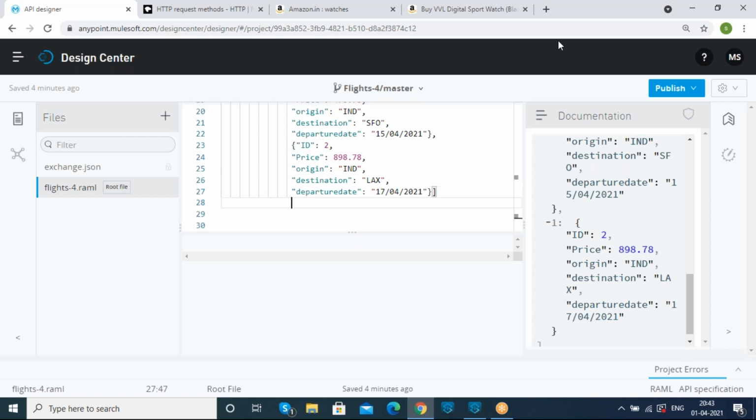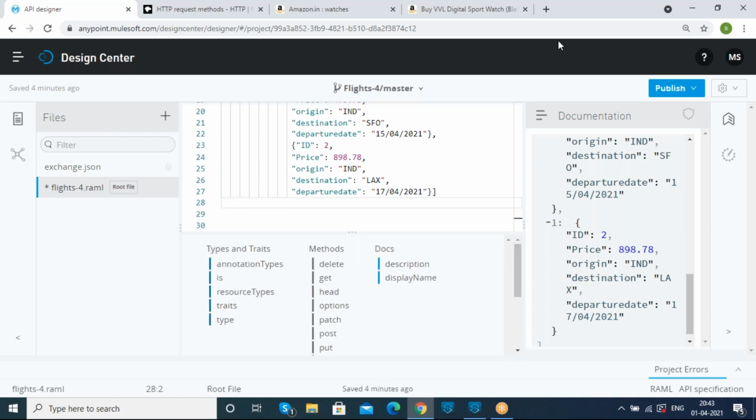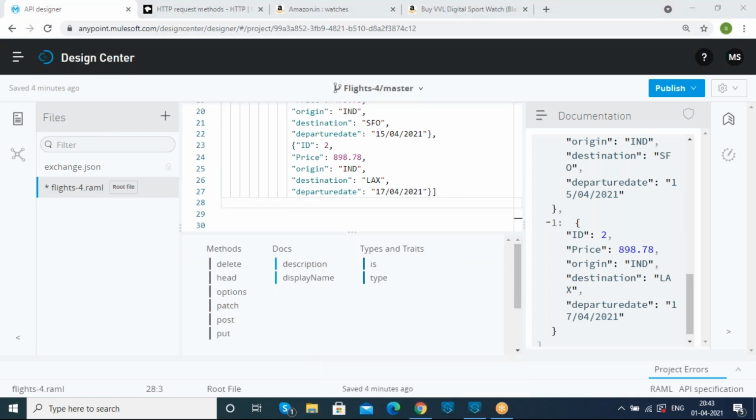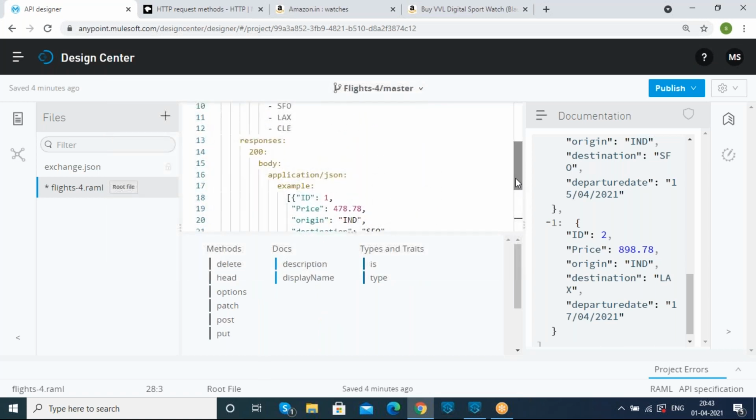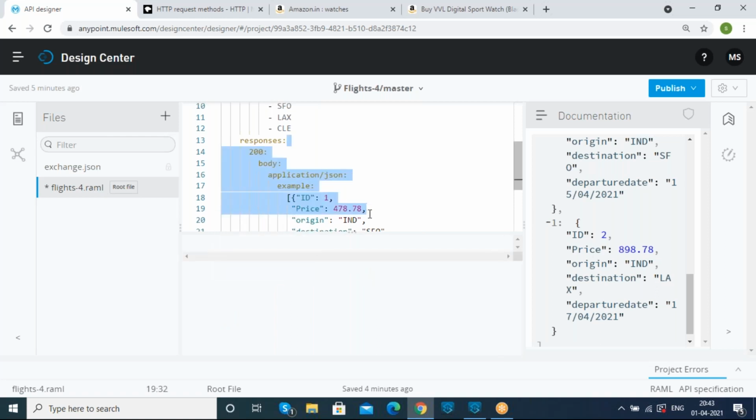Okay, so here exactly in the straight line. Once again I will explain the structure of our Anypoint Platform Design Center. Whenever we move to the Anypoint Platform Design Center, 4 options will be available for us. The first one is files, where we can see the total details of our project, and this is called a designer, where we can design our APIs.